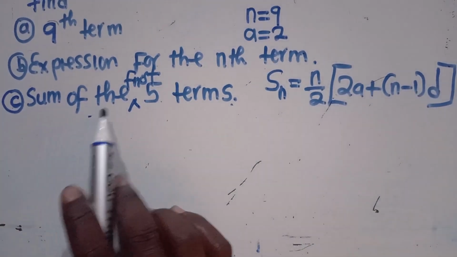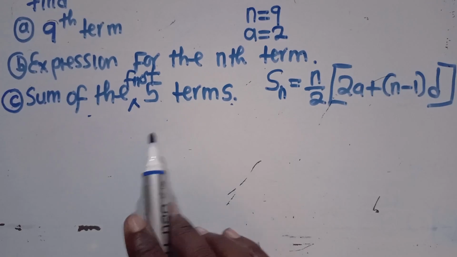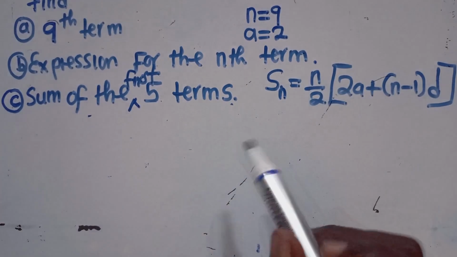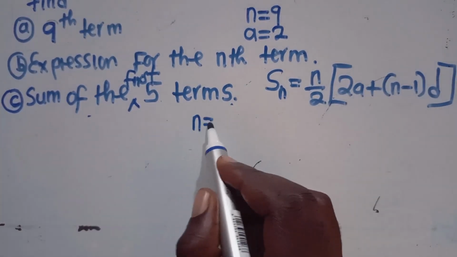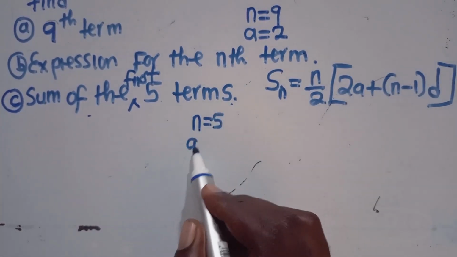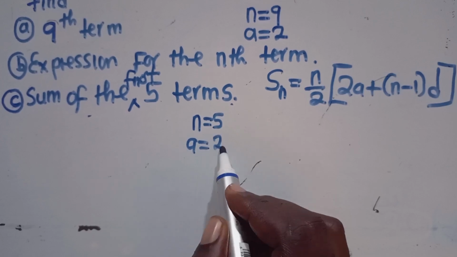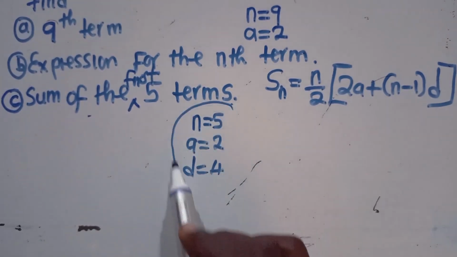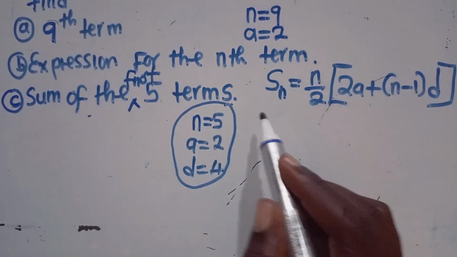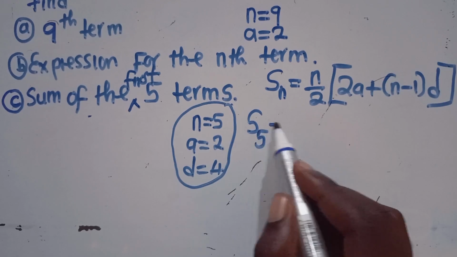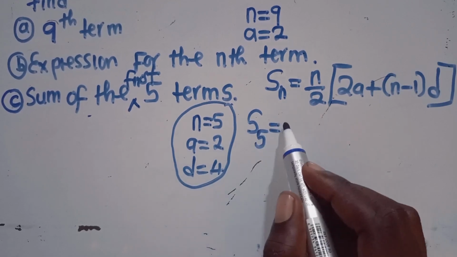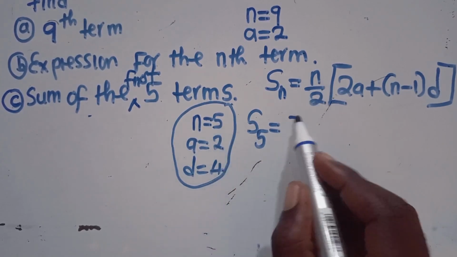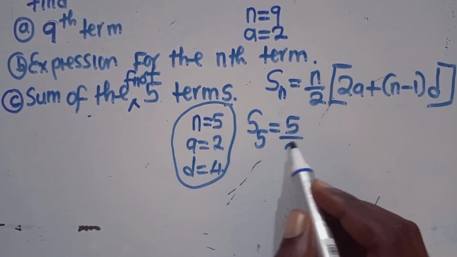So we want to find the sum of the first 5 terms. How can you find the sum of the first 5 terms? You know that n is 5 terms. a, the first term, was 2. d, we know that it is 4. Then you get this data and substitute in there. So S5 is equal to, n is what? What is our n there in this case? Our n is 5. So 5 over 2,